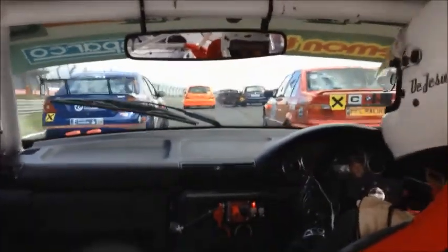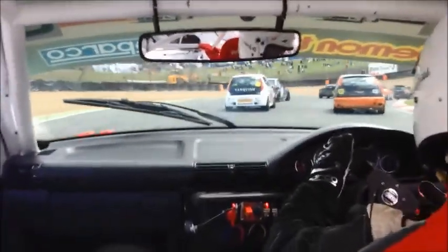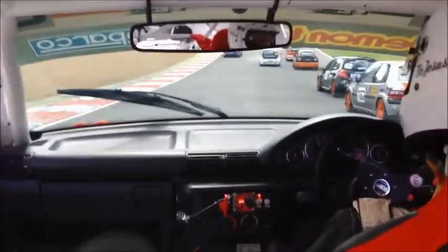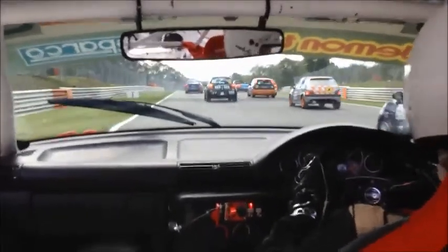At this point I'm now realising that the throttle's stuck down and I'm changing through the gears, trying to figure out how I'm going to get the car to slow down for the first corner. We've just been hit there by one of our competitors in Class B, trying to turn in too early. So just adding more confusion to the situation as we're trying to manage the sticking throttle and now being struck